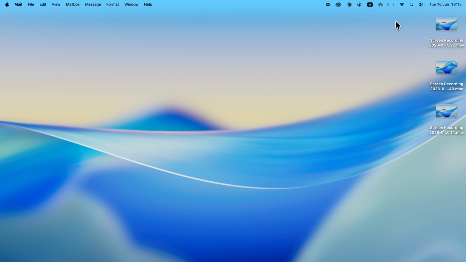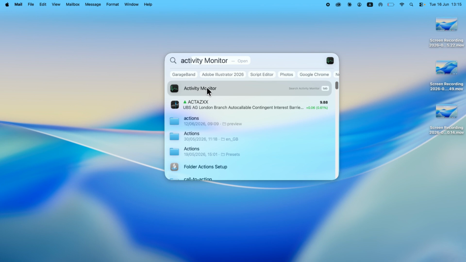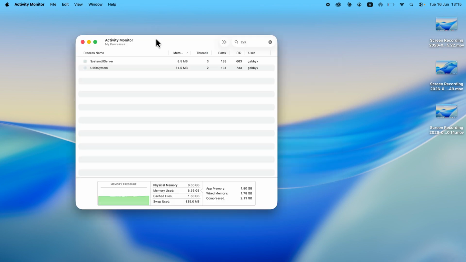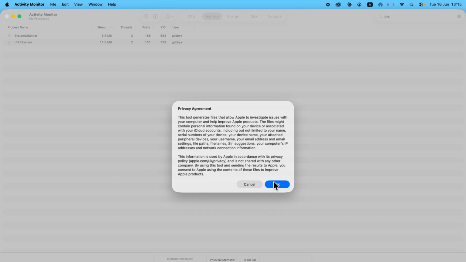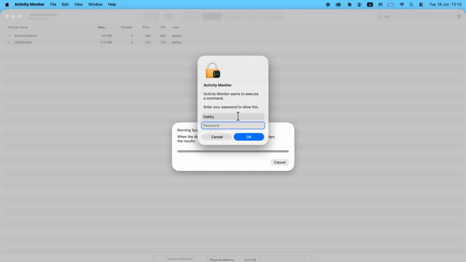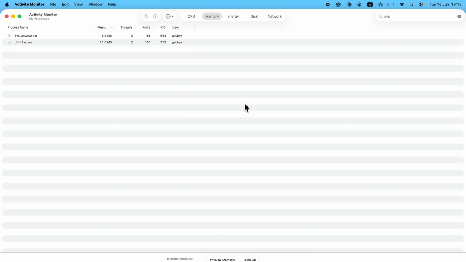If it's still not working, click on the search box at the top of the page, search for Activity Monitor, and open up this app. Now go and make the window full screen like this. Click on the drop-down arrow and press System Diagnostics. Now press OK. You may need to enter your Mac password, and you can wait for your computer diagnostics to